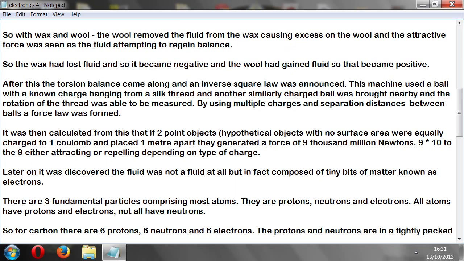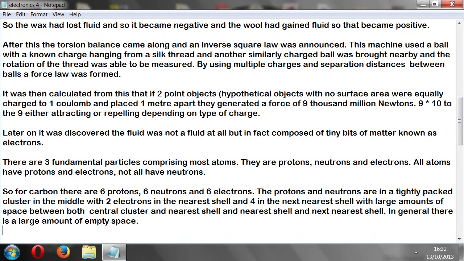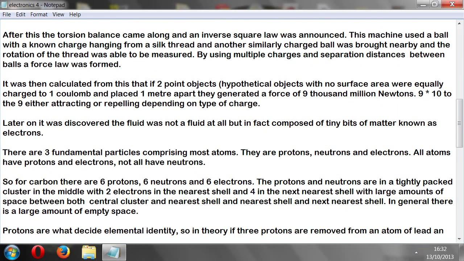There's basically three fundamental particles comprising most atoms: protons, neutrons, and electrons. All atoms have got to have protons and electrons, but neutrons are not necessarily required. At this stage, this is actually when I drew the picture of it. But I didn't feel I really needed to draw the picture. I probably didn't even mention shells, but the point is that